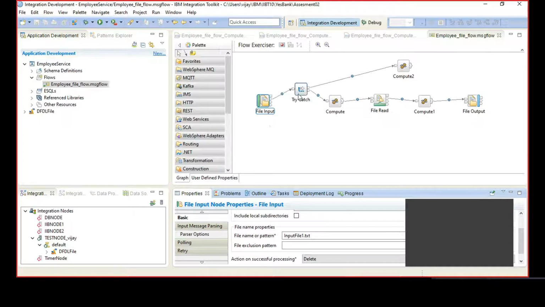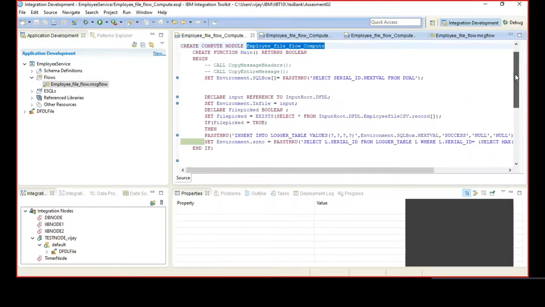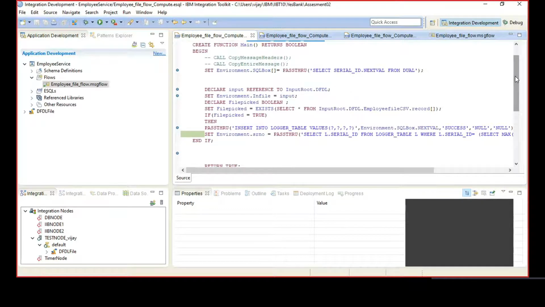Now from the CSV, this try catch is for the exception handling I've made. In this first compute node, what I'm doing is storing all the input data into the environment field, as you can see here. From the input DFDL, I've created a DFDL for that CSV, and from that DFDL, I'm storing all the input to the environment variable, environment.in file.